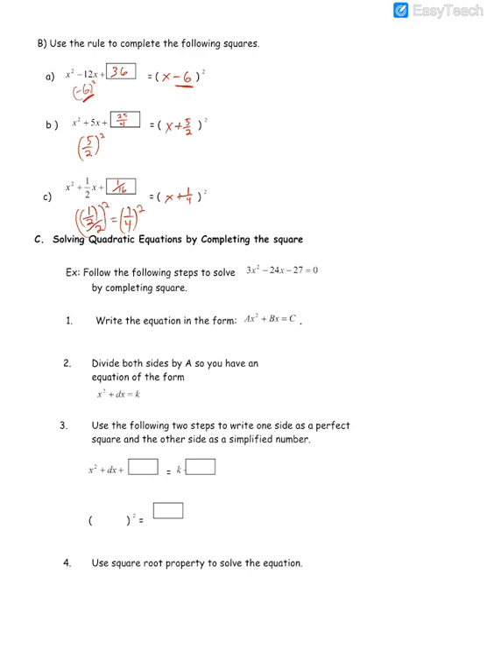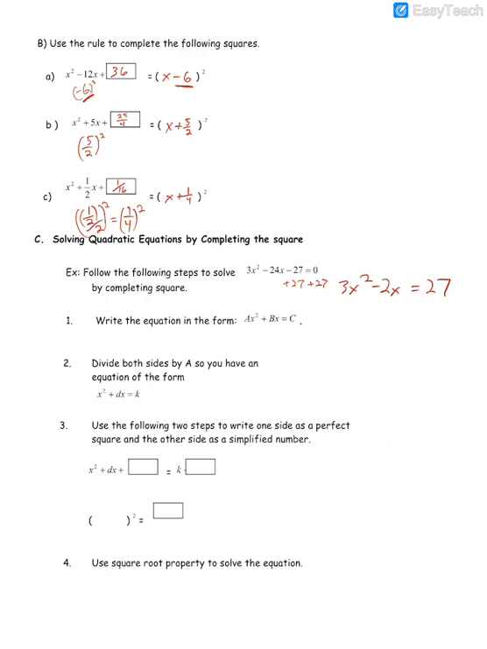Solving the quadratic equation by completing the square. Follow the steps to solve the quadratic by completing the square. First, write the equation in the form ax squared plus bx equals c. So I'm going to take this 3x squared minus 24x, and I'm going to add 27 to both sides, so that's going to equal 27. So that's step 1, 3x squared minus 24x